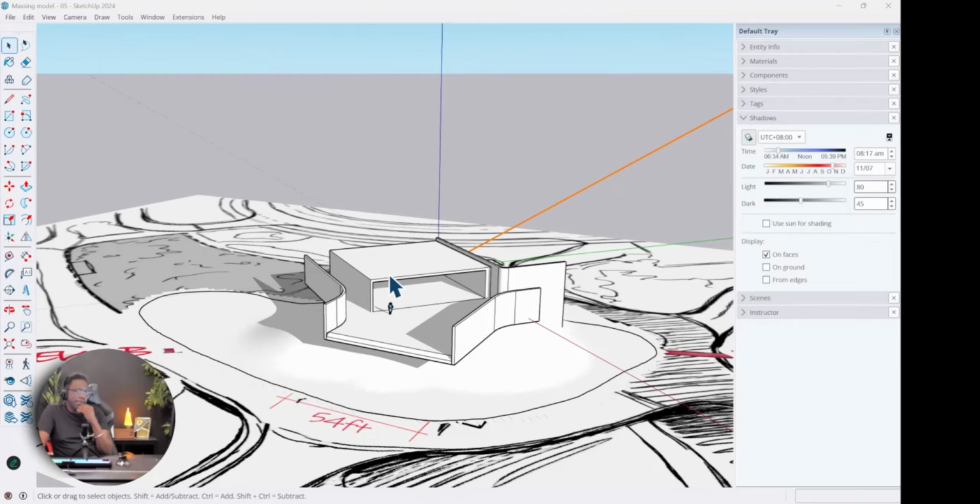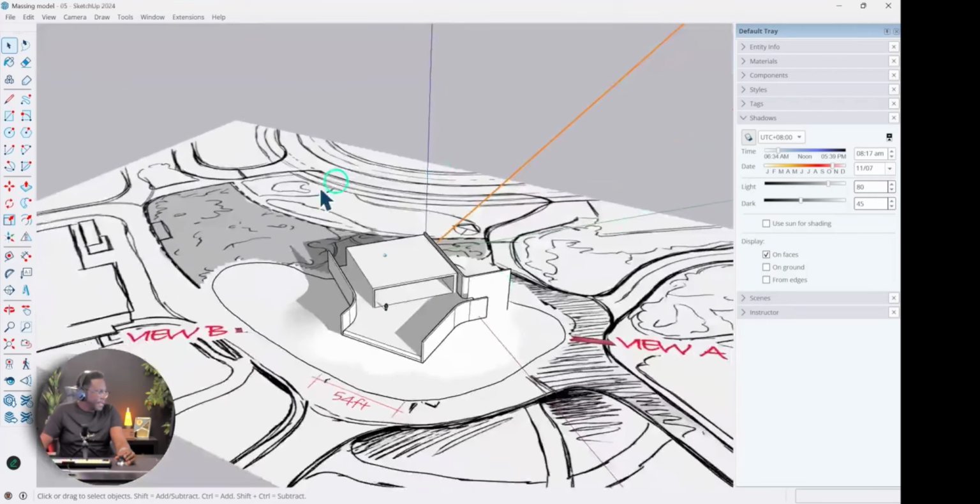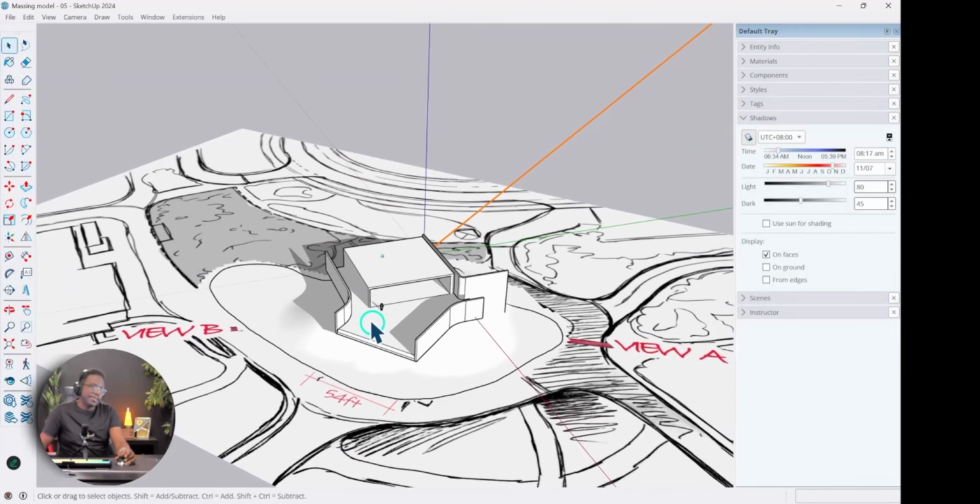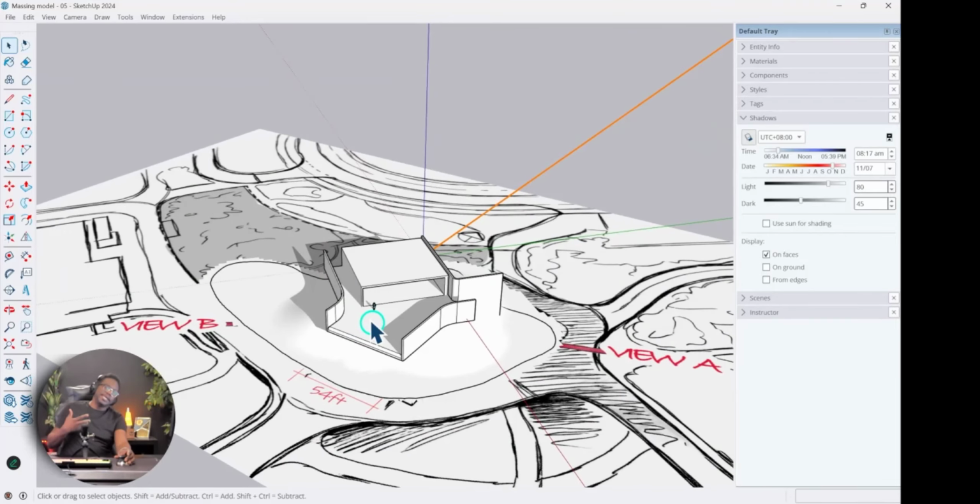Now from here, what you might want to do is to communicate this information to your clients. For a type of building like this, your clients might be very interested in how natural light will affect the space, and you might want to show them this. So the best way to show a solar study is to have snapshots of your building being affected by light at different times of the day. So in order to take those snapshots, the best way to do that is to make use of the layout feature in SketchUp.